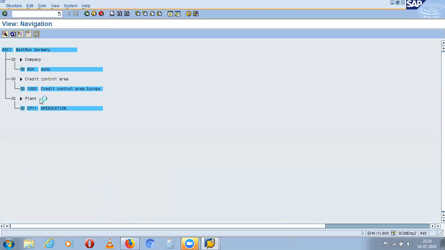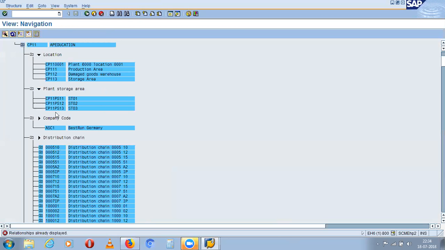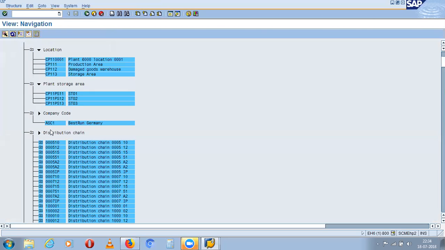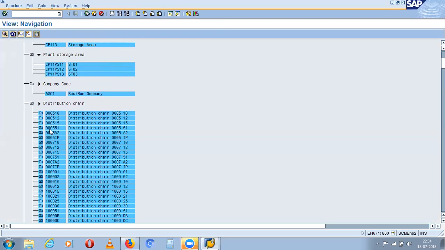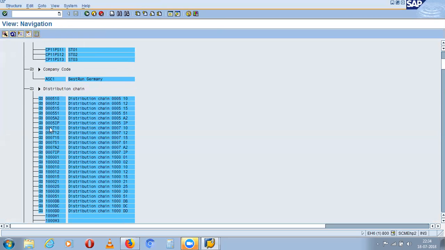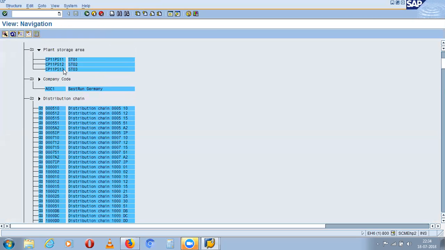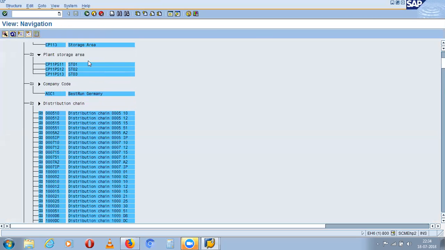Click on that CP11. You have a plus mark there, right? Click on that. Double click. Now you have store locations ST01, ST02, and ST03. So this is how you will see your organization structure.